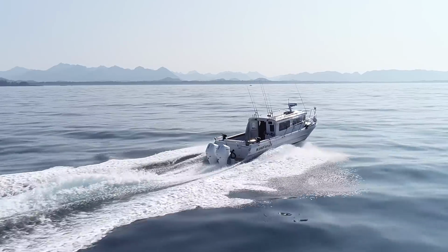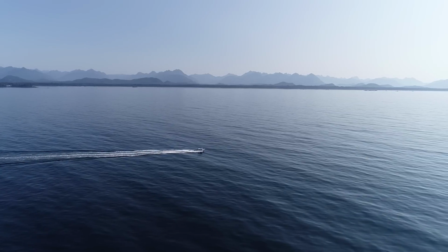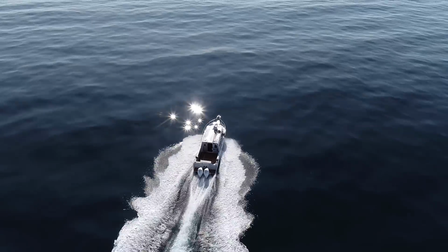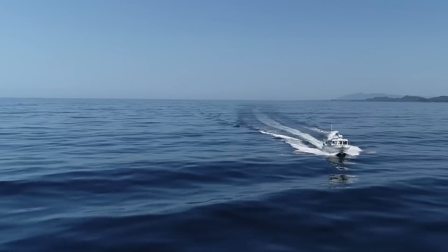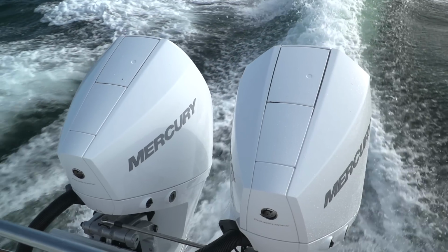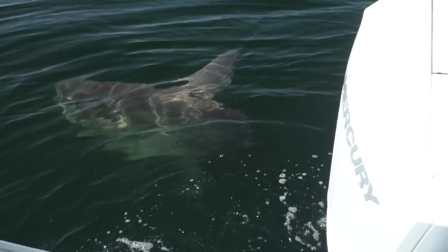The ride down from Tofino to Bamfield on our Kingfisher boat was absolutely spectacular. Super smooth ride, very comfortable, lots of room on the boat, great sight lines, all that stuff. We cruised at about 2,800 RPM, 30 knots. The Mercury engines were just purring along. I mean, it's kind of the boat ride that you dream about. We're just driving down to Bamfield here,